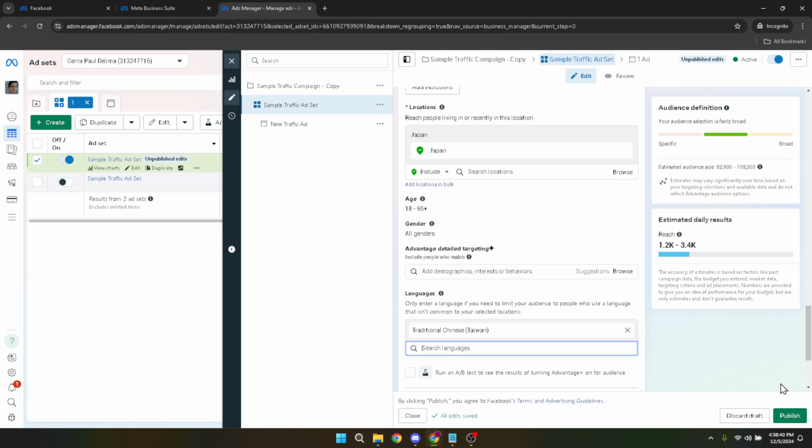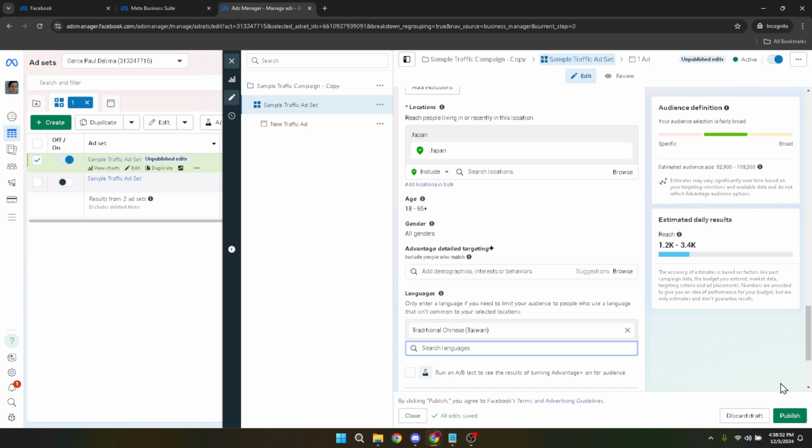A few parting tips to consider. Always double check the language you've selected before publishing. It might seem minor, but selecting the wrong language can significantly impact the effectiveness of your ads. Additionally, after your ads are live, monitor their performance. Keep an eye on metrics such as engagement and conversion rates to see if your language adjustments are moving you closer to your advertising goals.